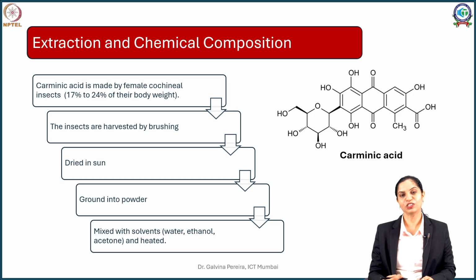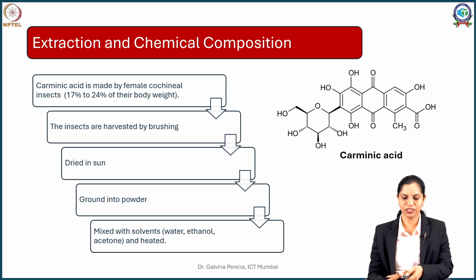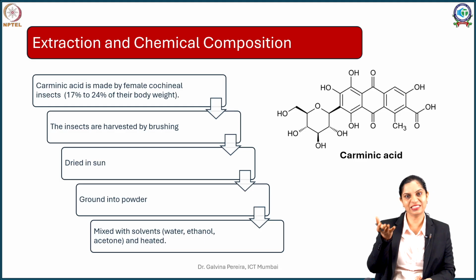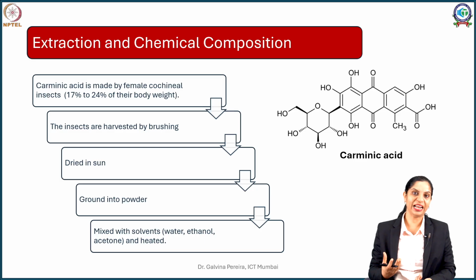Now the pigment which is present here is carminic acid. As you can see, it's an anthraquinone derivative, an anthraquinone C-glucoside. The sugar cannot be kicked out easily because it's a C-C linkage, and that sugar renders it a little polarity. So I can extract this pigment in water, ethanol, acetone. In some cases I can heat to get more of this pigment. Then it is filtered, wherein the insects stay back and the filtrate contains your pigments. This is further concentrated and you get a nice dye.